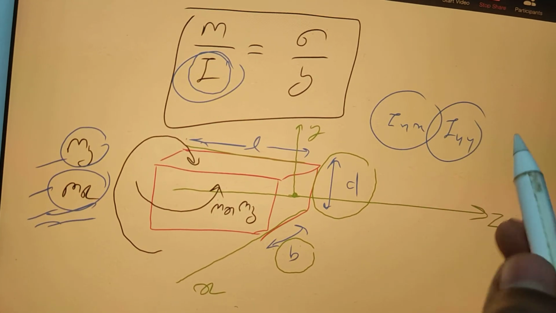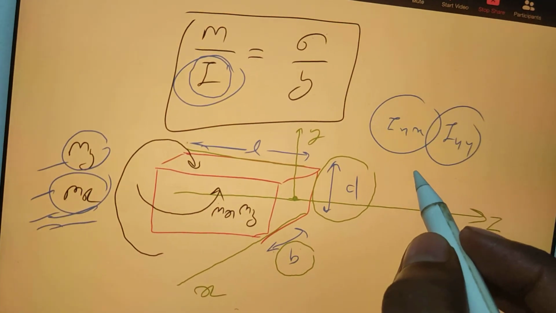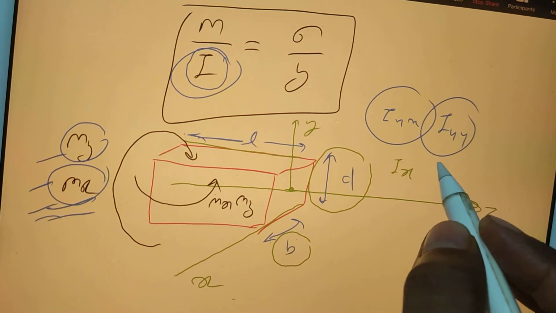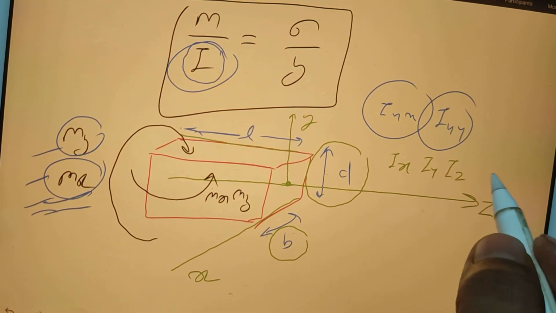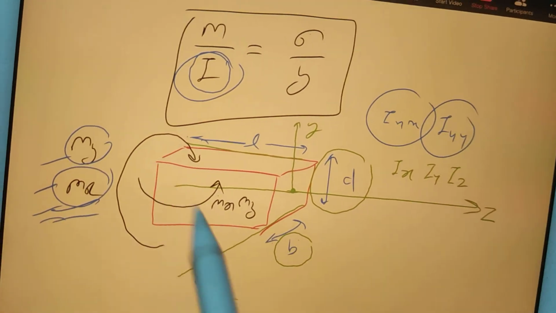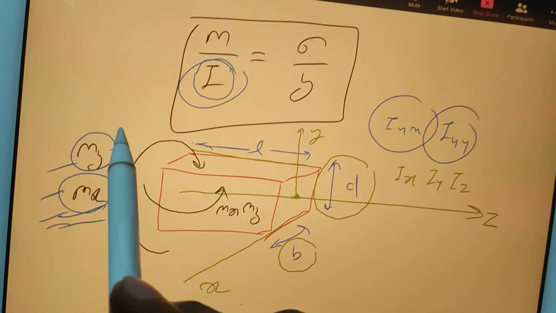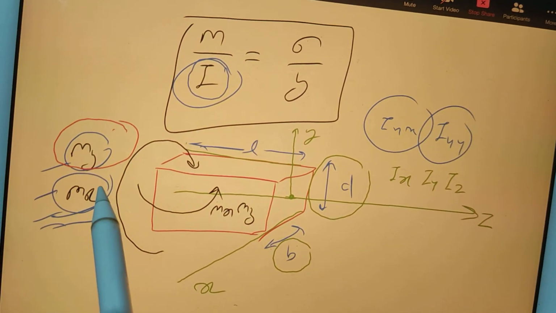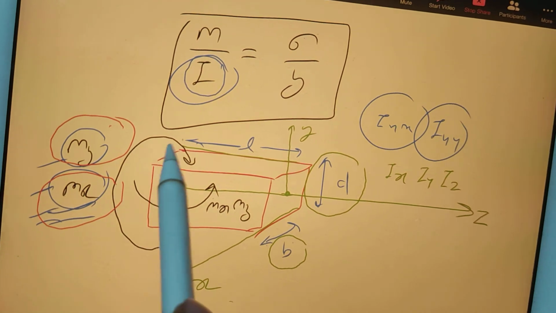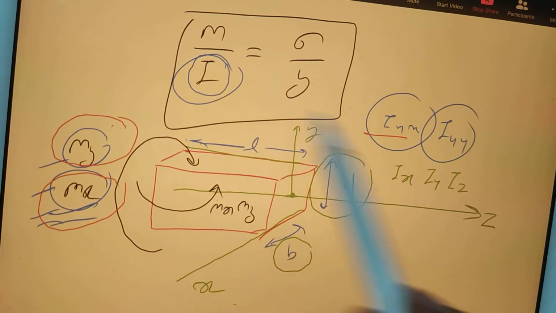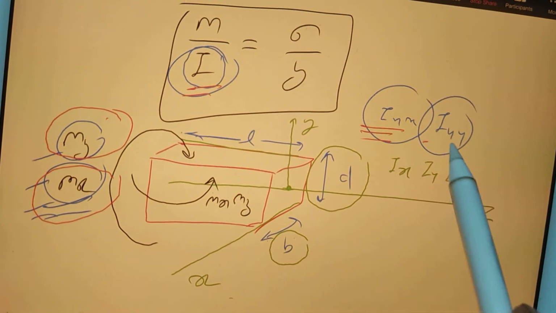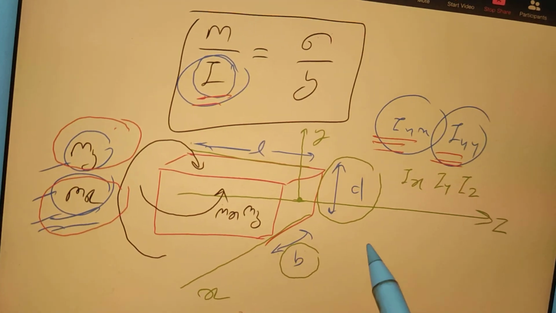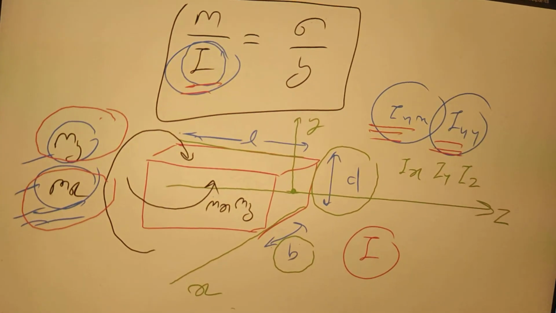So this part is the tricky part. And maybe for confusion purposes, they will give you all 3: Ixx, Iyy, Izz. So in that case, you have to choose smartly. Before that, you should understand how to decide whether Mx is applied or My is applied. Based on that, we have to decide whether this I is going to be Ixx or Iyy. So first we understand what I is physically. Then I will explain the remaining things.